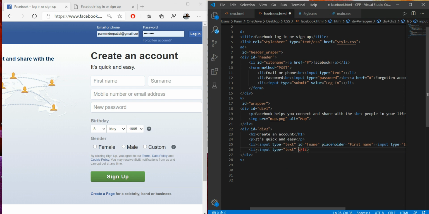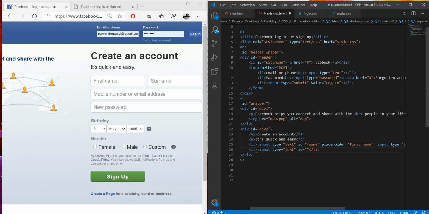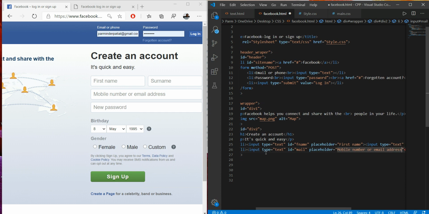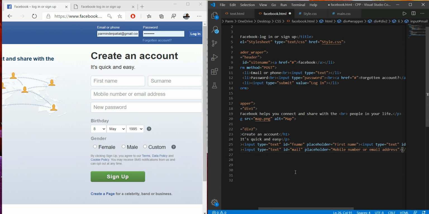And to this I'm giving id mail, and here we have to go with the placeholder, and here I have to specify the value mobile number or email address. Then this is done over here.